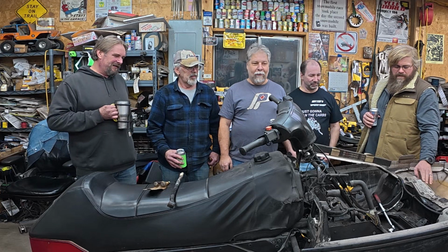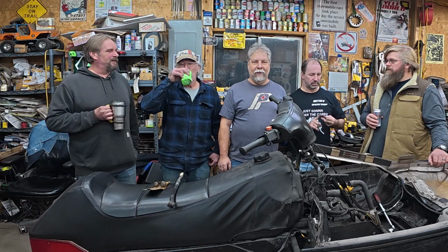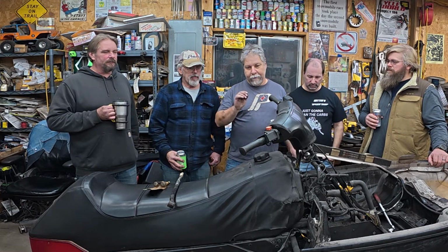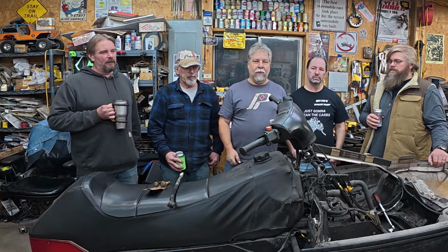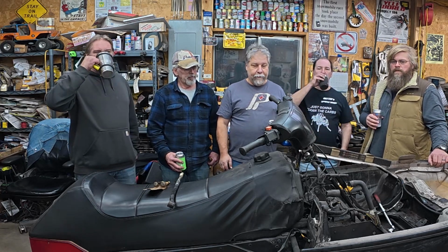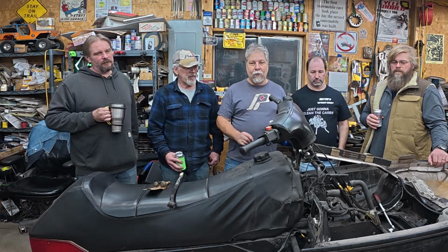I'll give you a little preview of what's coming. I've decided, since it's got this many miles on it, I'm taking the motor all the way down. I'm going to check the crank over, cross my fingers I don't have to get the crank rebuilt. I'm going to take a good look at the Nikasil. It's getting new pistons, new gaskets, new seals, going through the exhaust valves, and of course I'm going to fix